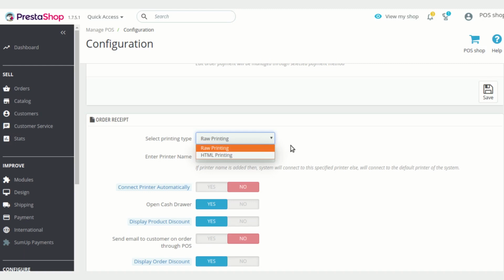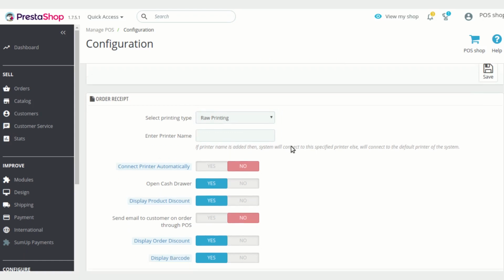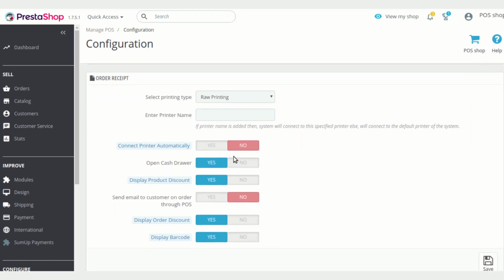I'll come back to this later in the video when I will be explaining the various functionalities of the POS. I'll explain that in detail. For now, let's just say if we select raw printing, then you also need to add the printer, whichever printer you have configured with your POS. Whether you want to connect this printer automatically or not, you can enable or disable that.